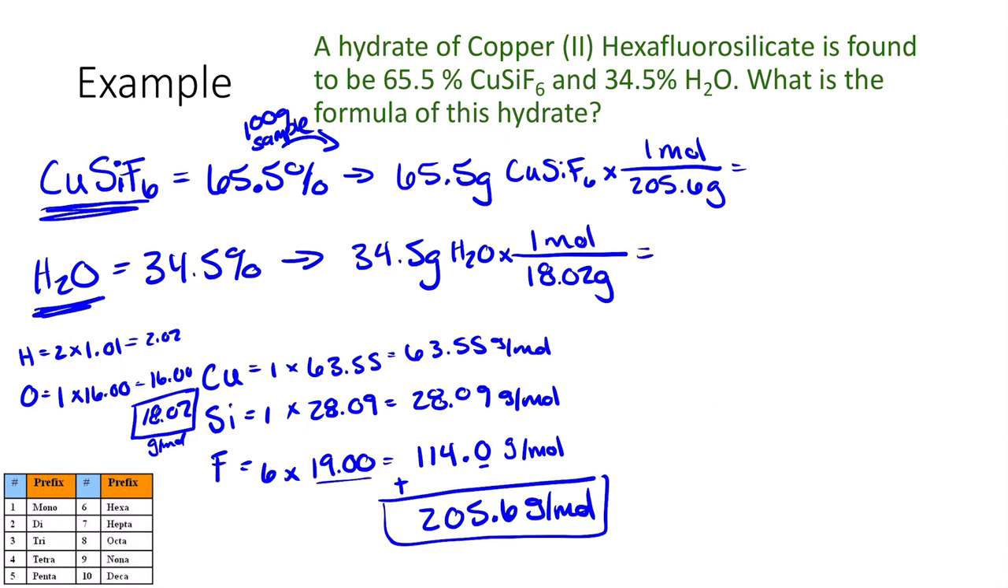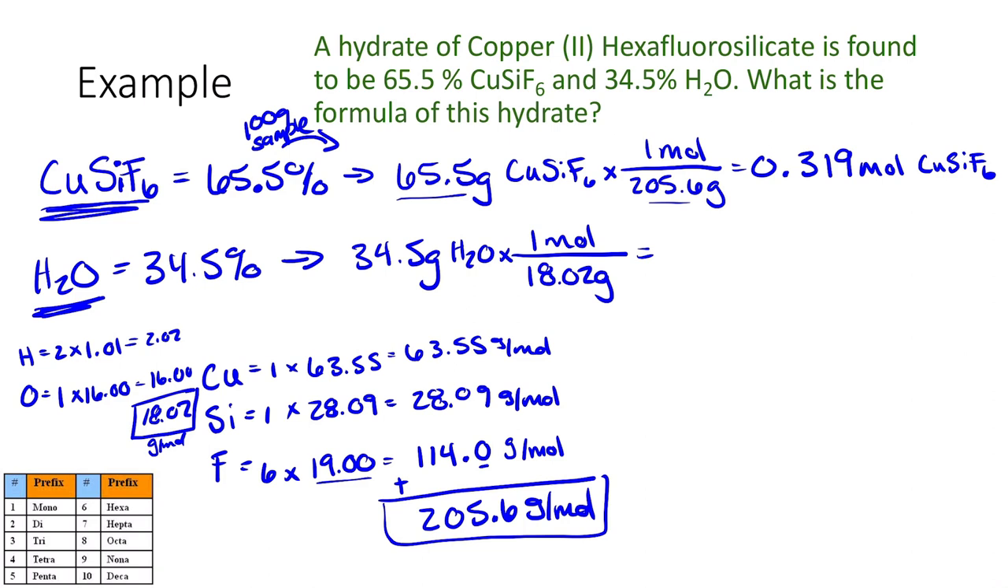And now let's do those calculations. So I have 65.5 divided by 205.6, and that tells me that I have 0.3. And how many sig figs do I need? I need 3, because I have 3 here. This one had 4. It matches the one with the fewest. So 0.319 moles of CuSiF6. All right, and then for water, I have 34.5 divided by